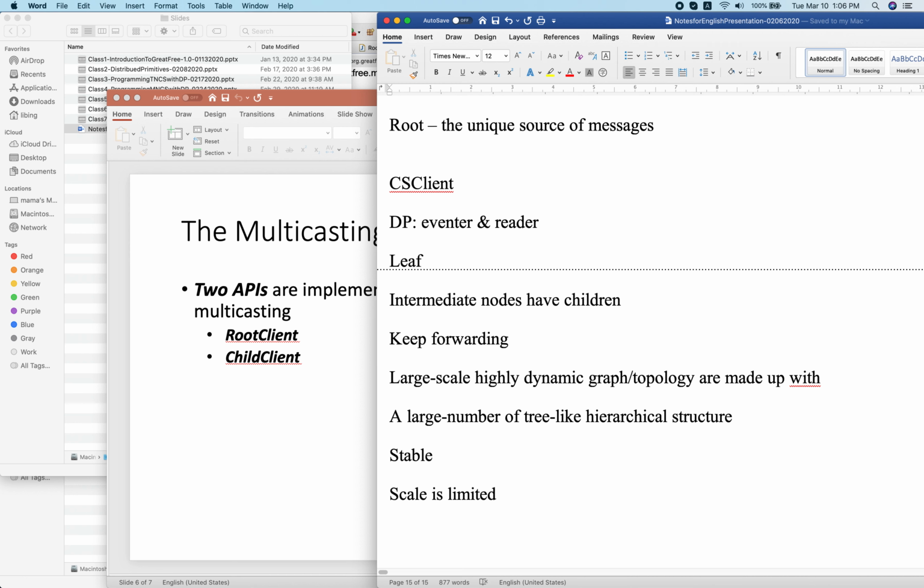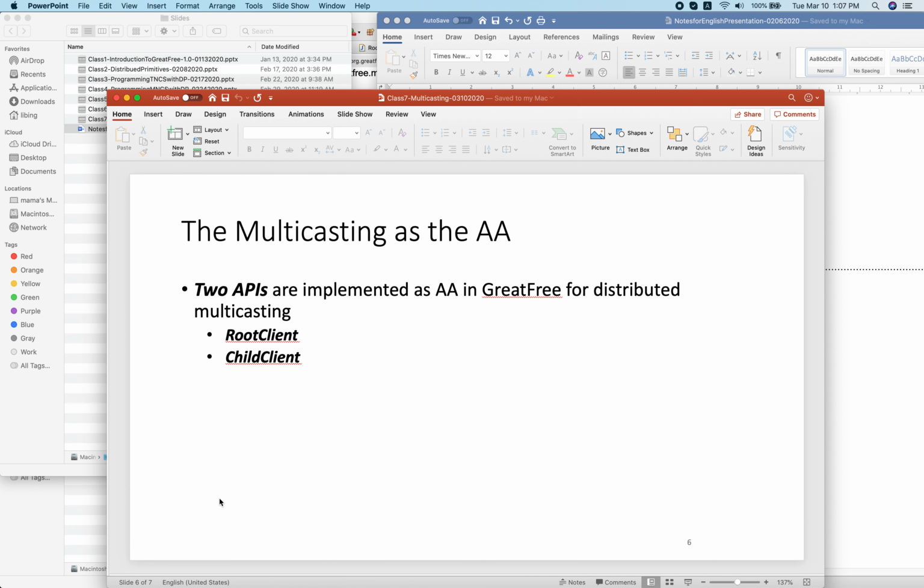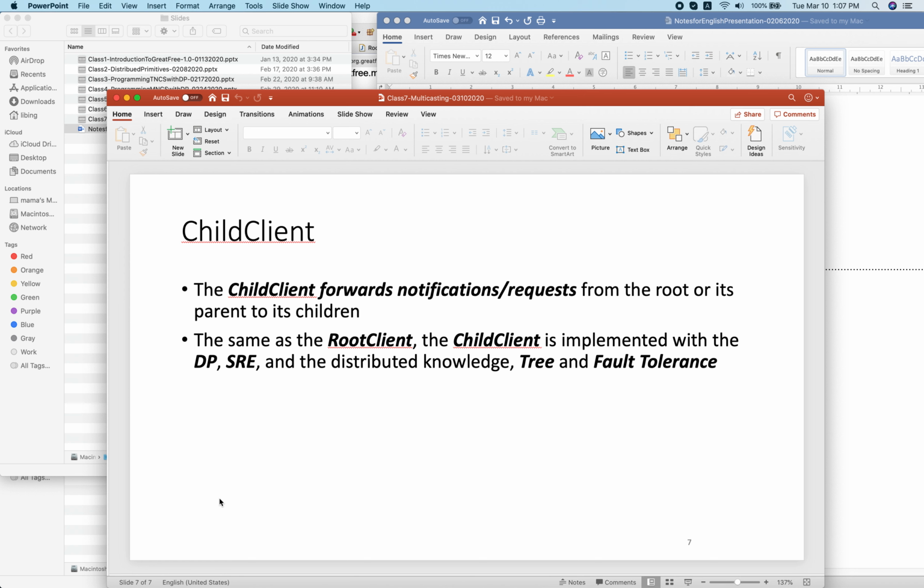But at least the procedure to implement such APIs must be helpful for you to implement more APIs, APIs that can deal with more complex scenarios. So that's why I want to show you, we can start from simple cases to complex cases. Okay, so this time I will show you how to implement